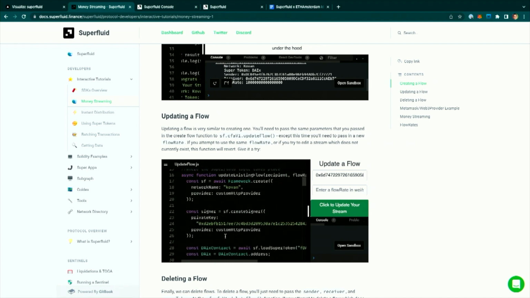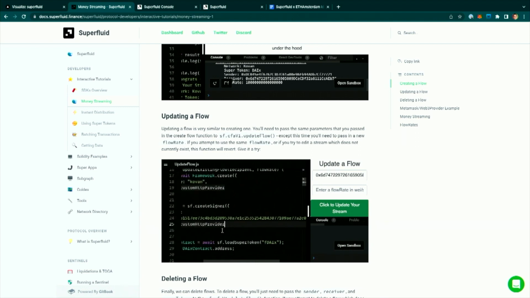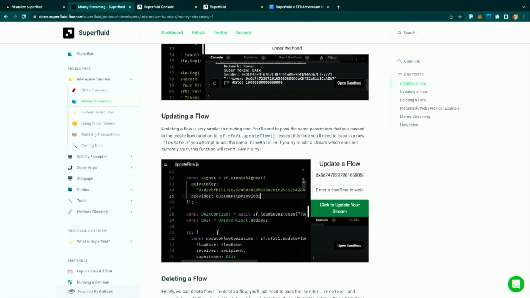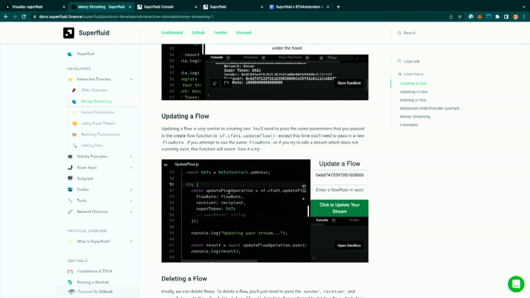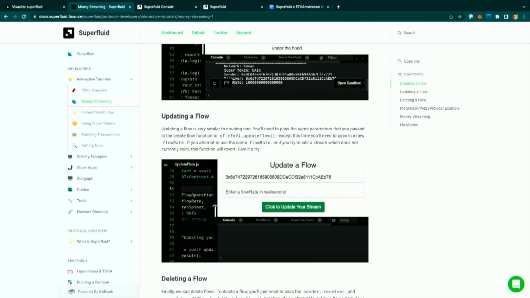We create a signer. This is a private key with fake money. Don't take my private key. You don't have to do this with just an open private key. You could use MetaMask, but this is creating a signer. And then same thing here where I am grabbing the token, passing the token in as a super token we're using, and instead of create flow, we're just updating flow, just like this, very simple. And it should work just as well.